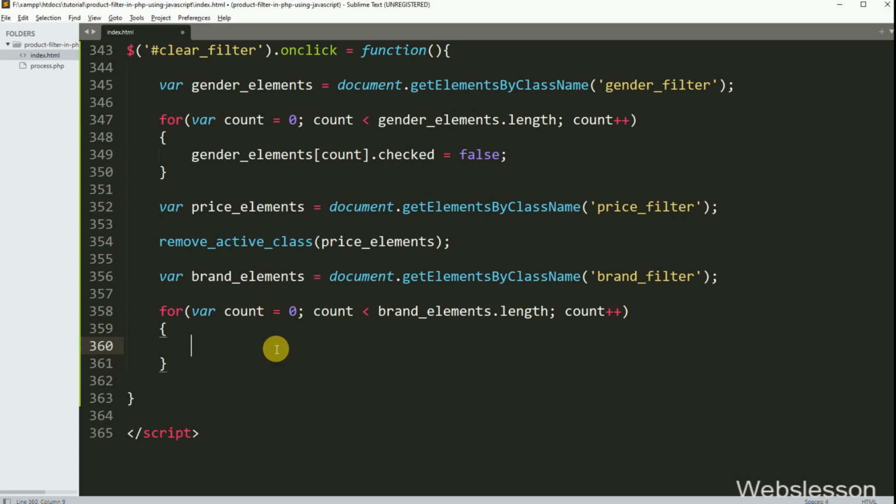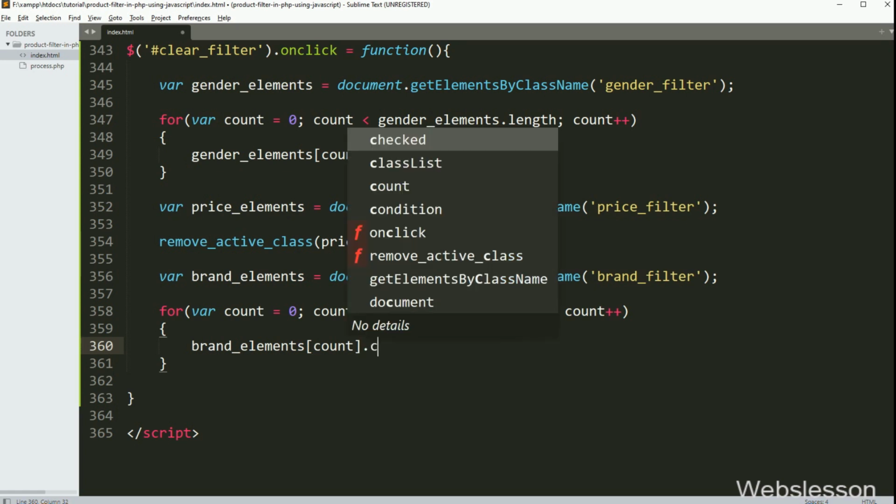Under this loop, we write brand elements variable with count variable value as index dot checked is equal to false. This code will reset the checkbox checked property, and it will reset the brand filter.